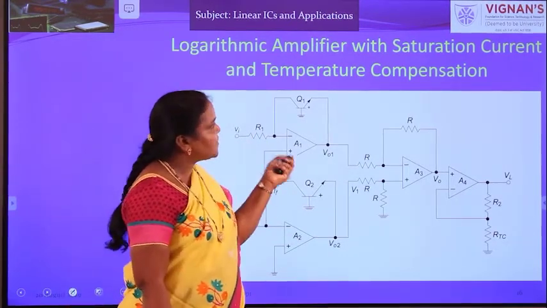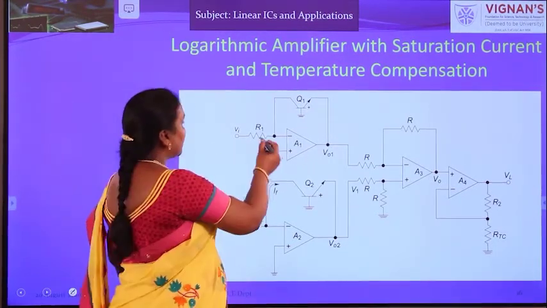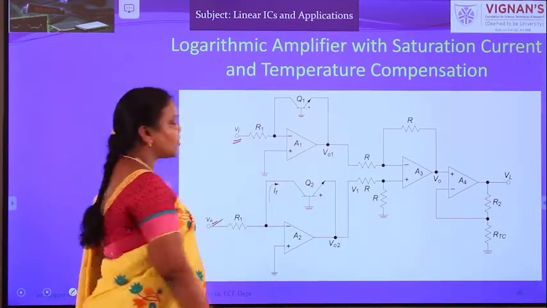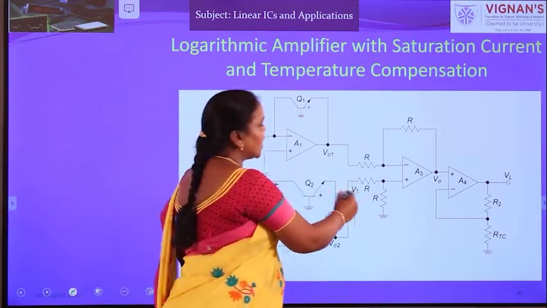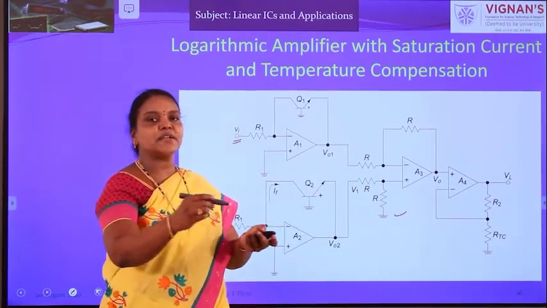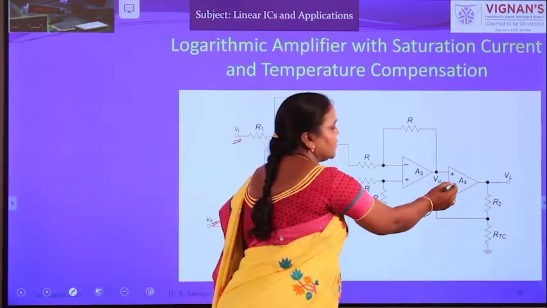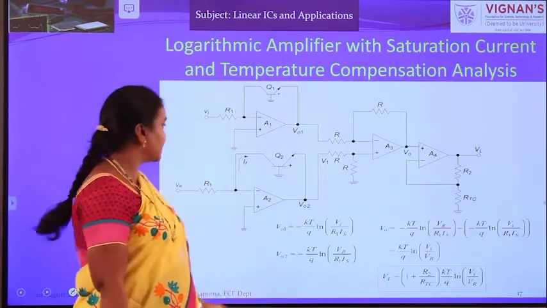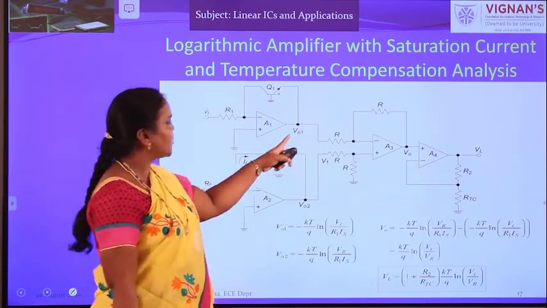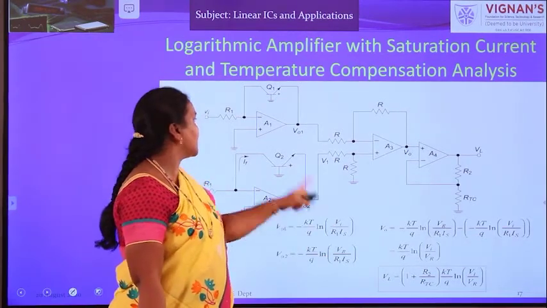It is the logarithmic amplifier with saturation current and temperature compensation. Okay. So here we are giving the actual input to one logarithmic amplifier and the reference voltage to another logarithmic amplifier, and we are giving both to the difference amplifier. So while taking the difference, what happens? Log of A minus log of B, that IS into R1 term gets cancelled. We will see. And this is for temperature compensation. So see the analysis. What is V01? It is just whatever we have seen in the previous case. Okay. So what is V01? Minus kT by q into ln of VI by R1 IS.